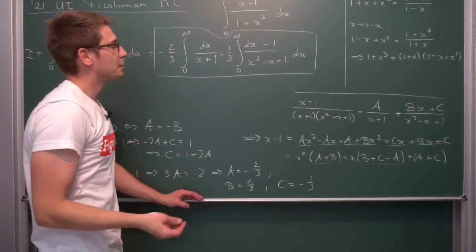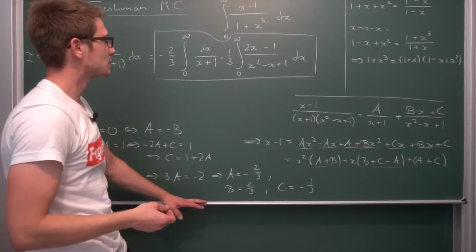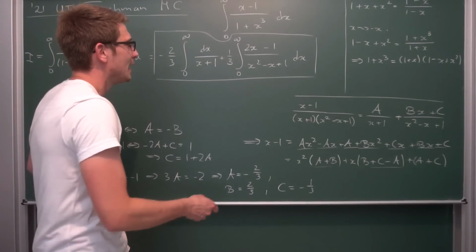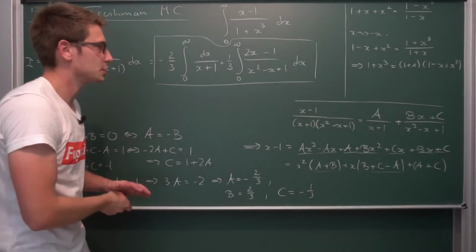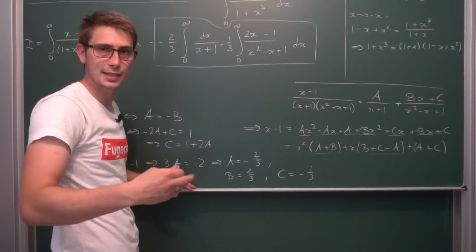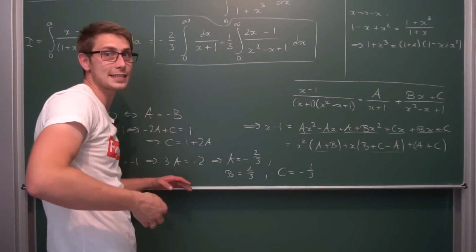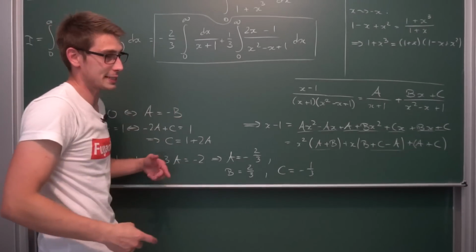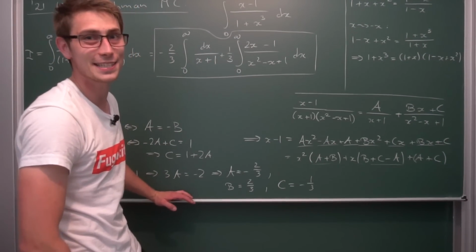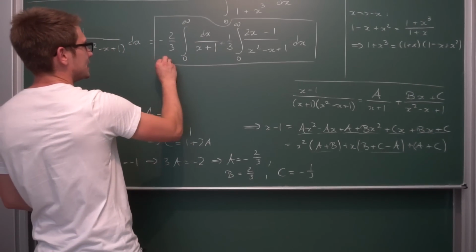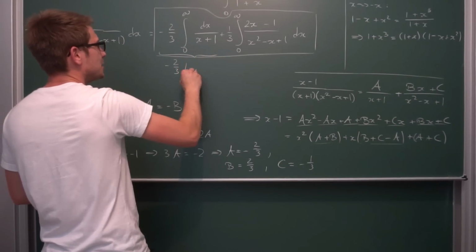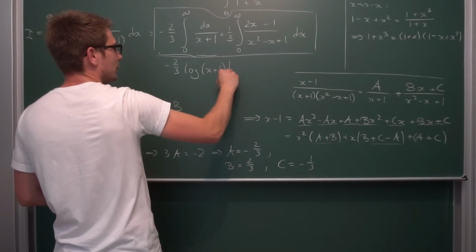Now what I did the very first time trying this, as usual, just with the square root of tangent integral and the like, I broke up this integral into two more integrals. Like this one right here is really easy to integrate. You just introduce the substitution, let t be equal to x plus 1, then dt is equal to dx, then you get the integral of dt divided by t, which is obviously just the natural logarithm of t, where t is equal to x plus 1. Meaning the first part is going to be negative 2/3 times the natural log of x plus 1, all evaluated from 0